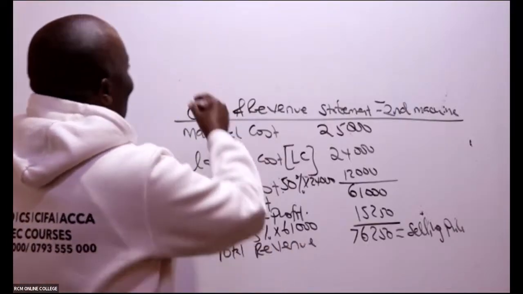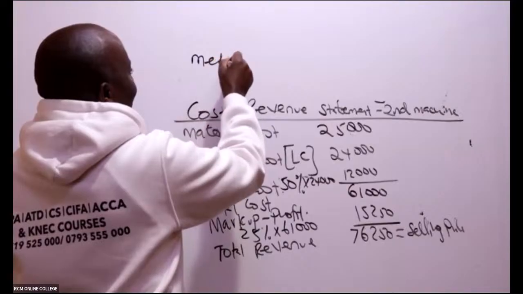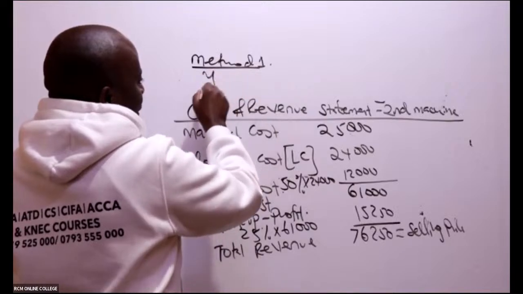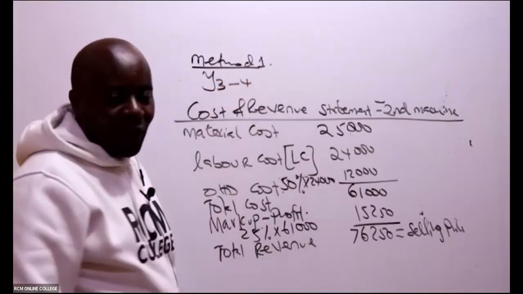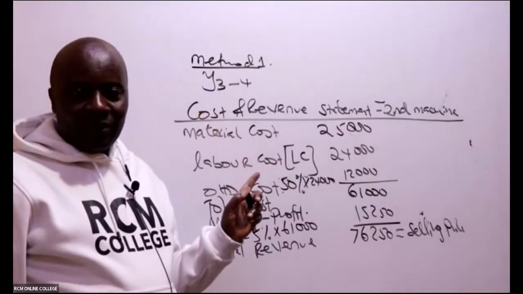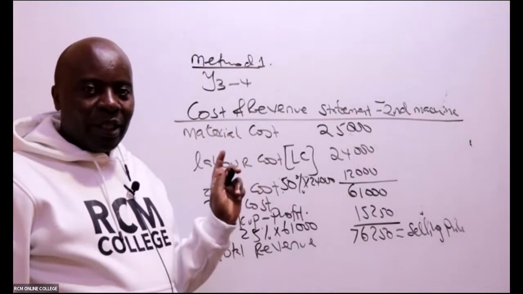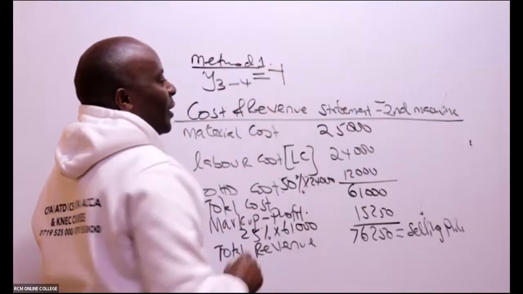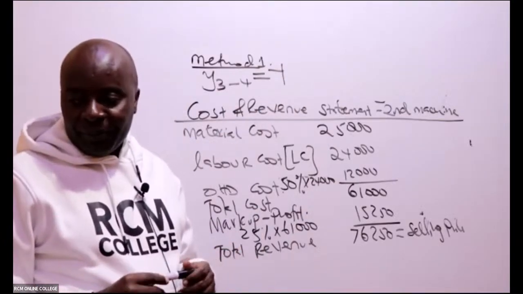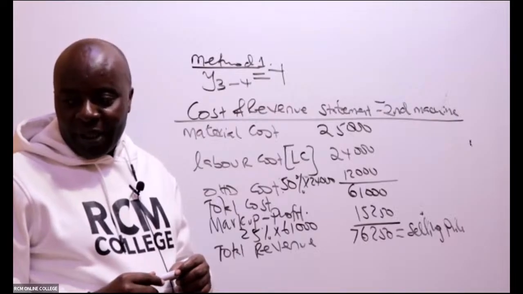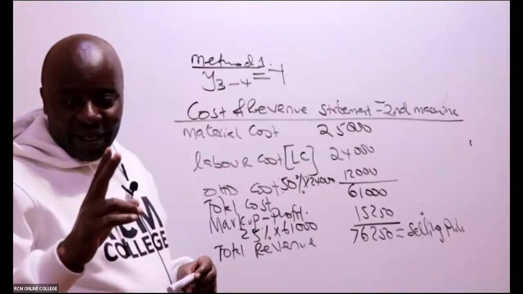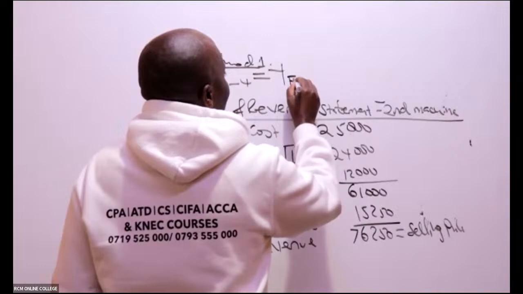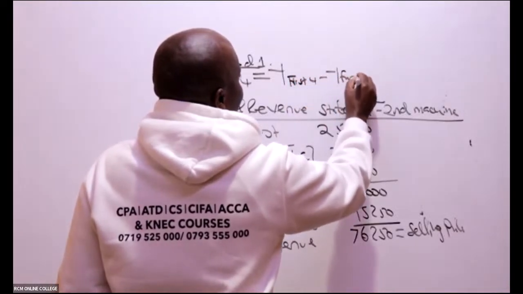So there are too many ways of doing this. Method 1, I can lump everything together. So they want me to give them y 3 to 4. First of all, we get the labor time for this third and fourth. So this would mean that I expand. When I expand, this will be y4 minus y2, so y first 4 minus y first 2, like that.